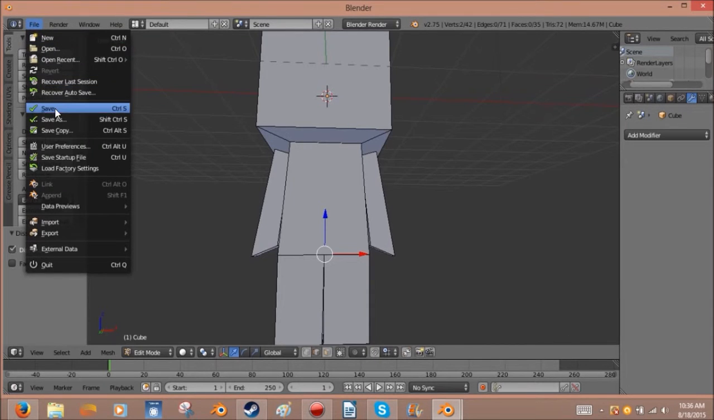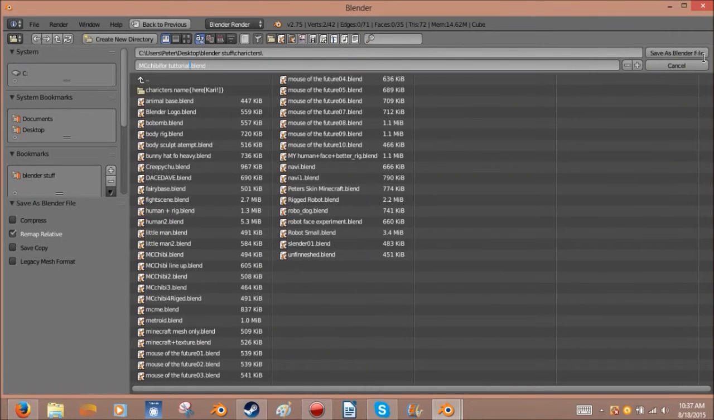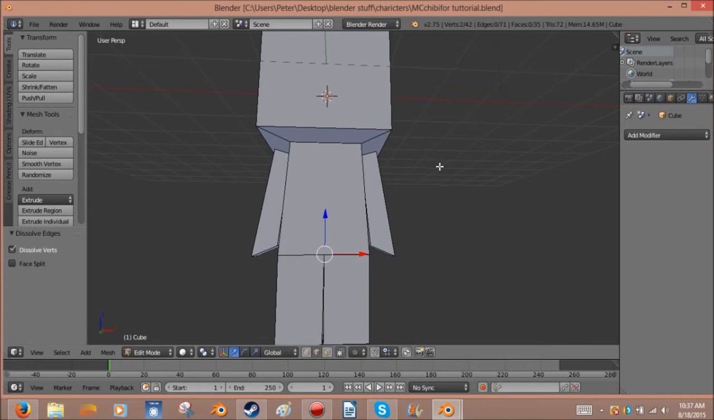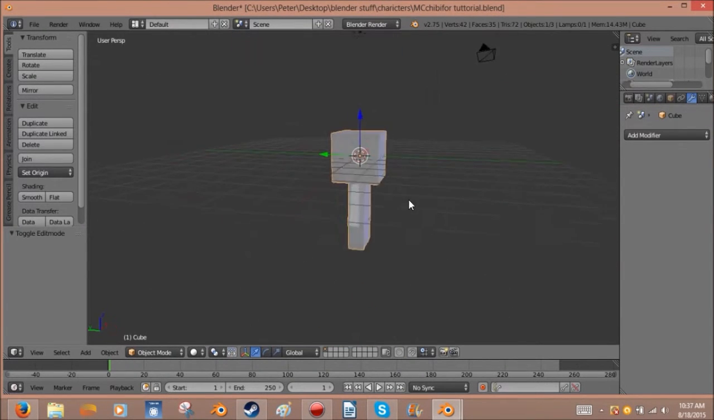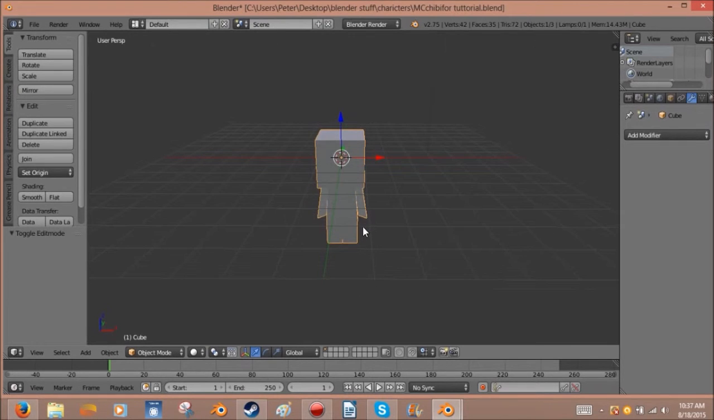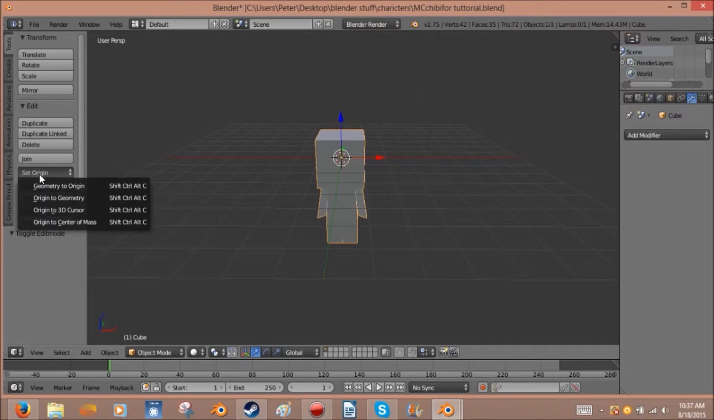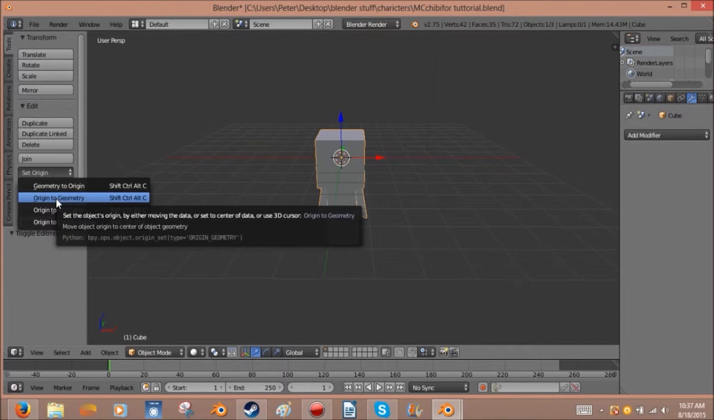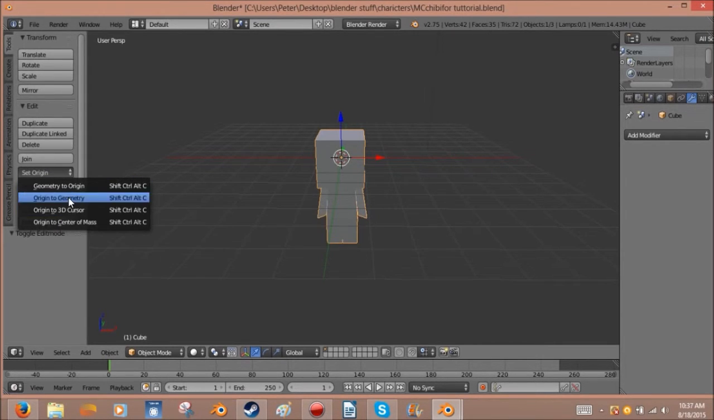And from here, let's save it. I probably spelled that wrong, but I don't really care right now. Save as Blender file, and here we have it. Well, we've had it, but our little chibi character. And just as a finishing thing, let's set the origin to geometry,